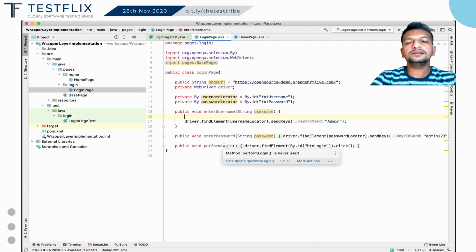Now if I get another requirement saying after performing a click operation always take a screenshot, again I need to open all the classes, find the methods where we are clicking on a button and add a new method to take a screenshot. So this is costing a lot on the maintenance side, and the readability of the code is not that good when you directly interact with your libraries from each and every class.